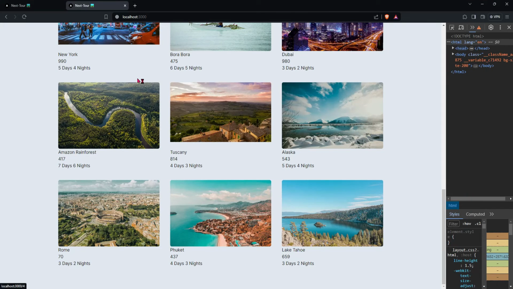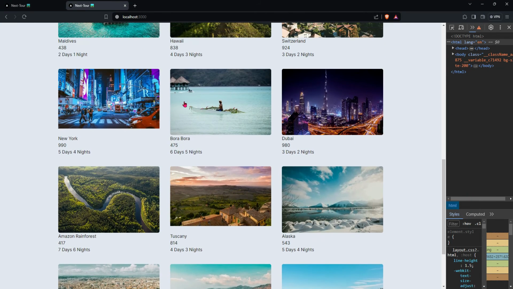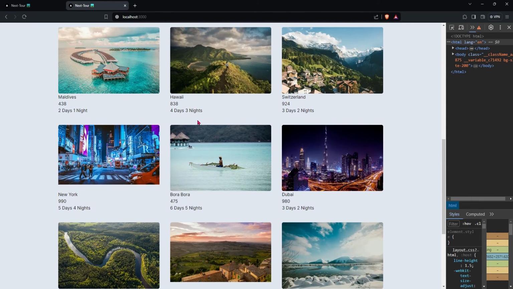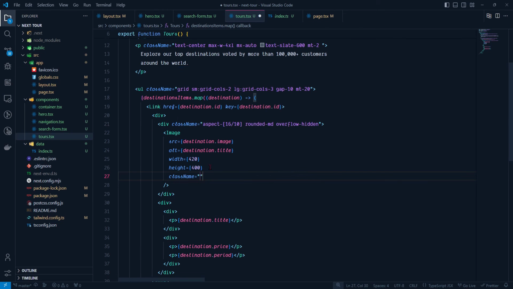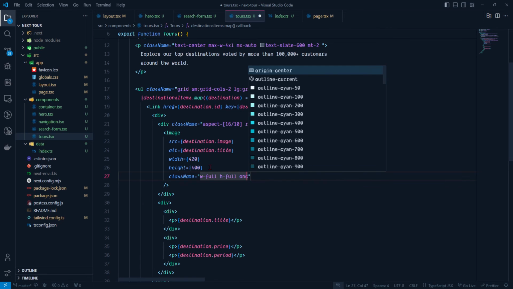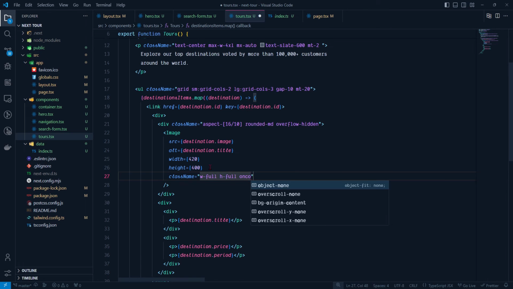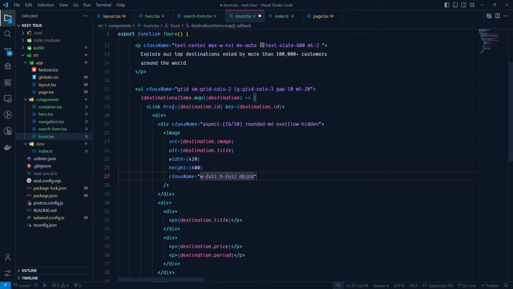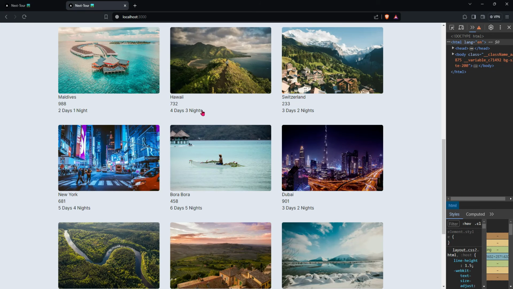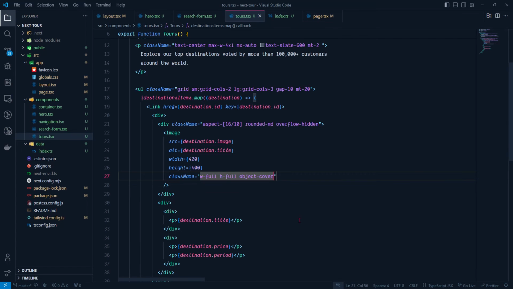So when we see, it is maintaining our aspect ratio, and here we can go and give the class name. So w-full, h-full, object cover, so the image doesn't stretch. So now this is cover, and here we can give